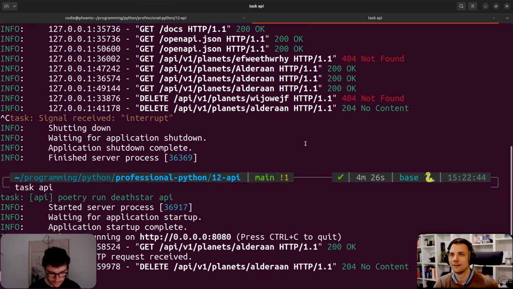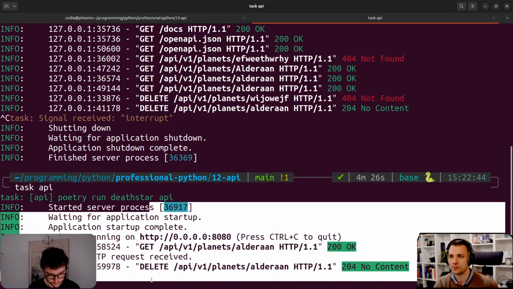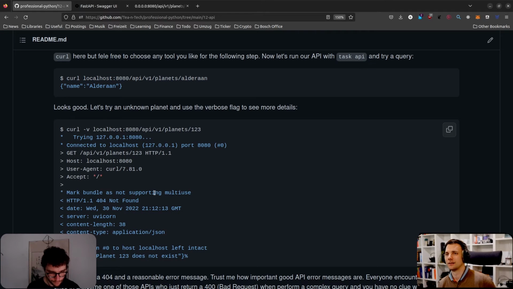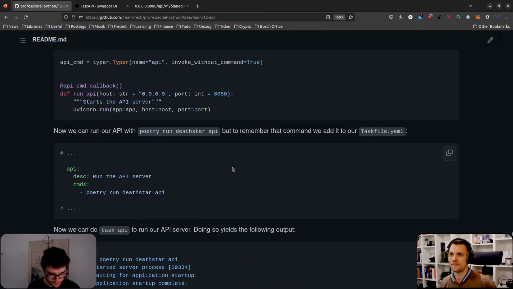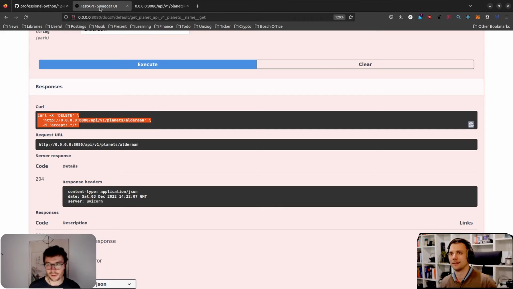So really, really nice. And here, by the way, you see also in the logging which requests came in. You got a GET request, a DELETE. So it's really showing a bit. Yeah. So curl is your best friend there, but this is amazing. This automatic documentation with FastAPI. Yeah, definitely. OpenAPI. It's great. Really love it.